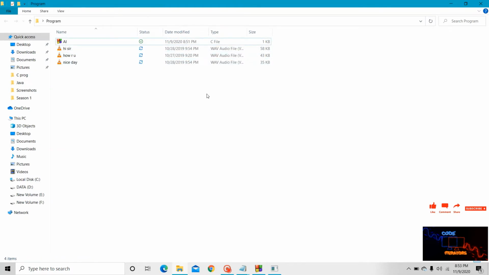Here is one note: we have to save these three audio files in the same folder in which we have saved our program, otherwise it will create an error and the program will not run. Please note down that these three audio files, or any other audio files, should be saved in the folder in which we have saved our program.